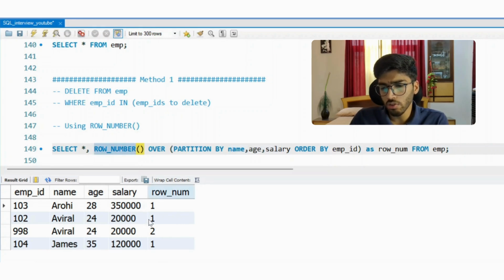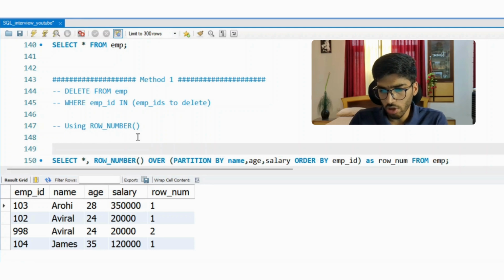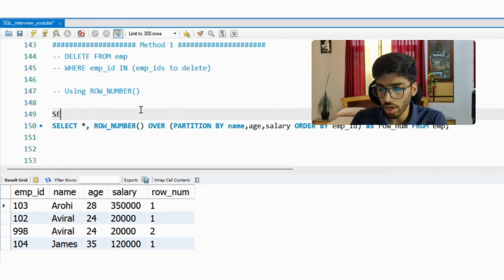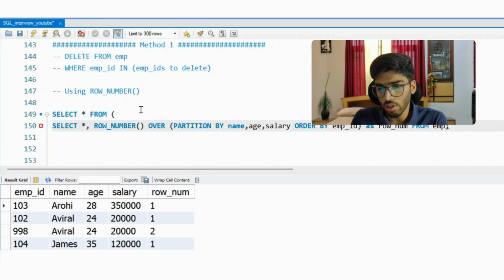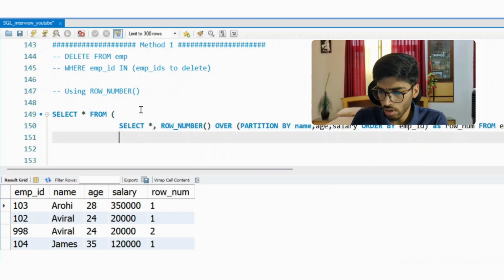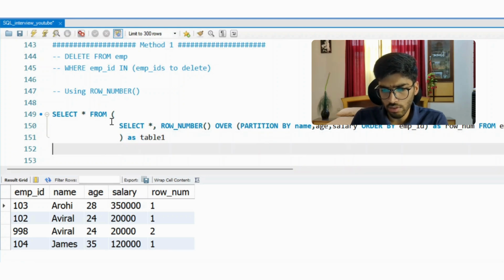And now based on this column, I can say if the row number is greater than 1, it's a duplicate entry. Easy. So I can just put a where clause, but since I'm using a window function, I can't use the where clause in the same query itself. So I need to write another query which will just select from, and then I'll just put this query as a subquery to the main query, and I just say whatever the output of this query is stored as table 1, and I can just do select star from this table where row num